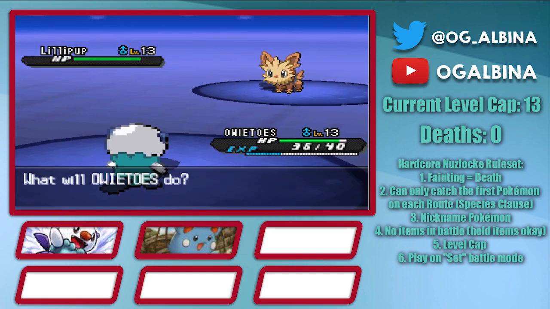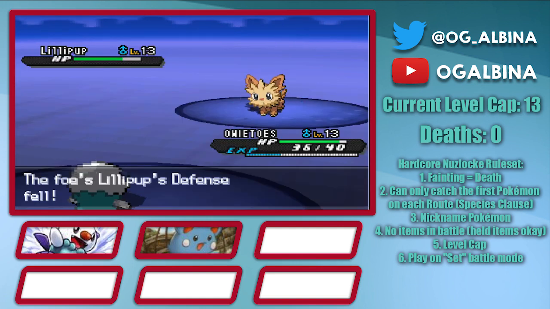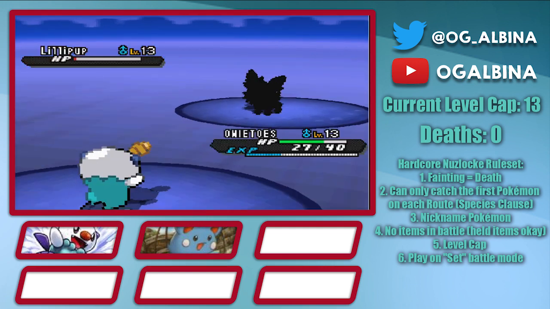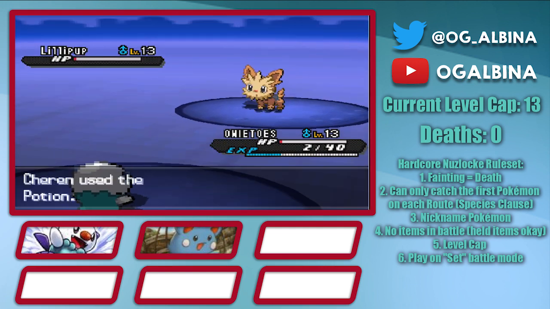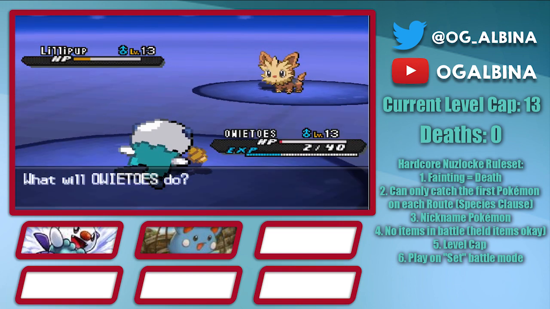Next up is the ace Lillipup, which I Water Gun for some chip as it works up. The next turn I go for a Tail Whip as the pup tackles me and puts me into my Oran Berry range. From there, I hit a tackle, bringing it into the red, as it does the same to me, leaving me on a whopping 2 HP. With my heart pounding from that close call, I click tackle once more and take out the Lillipup